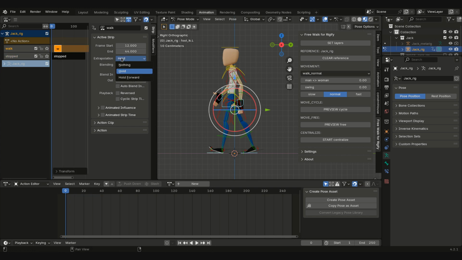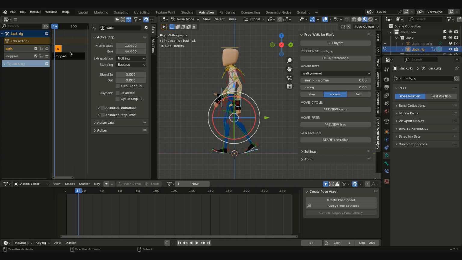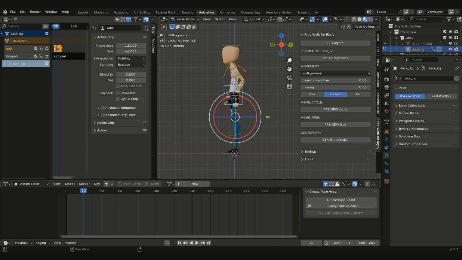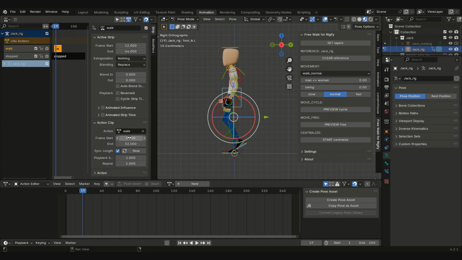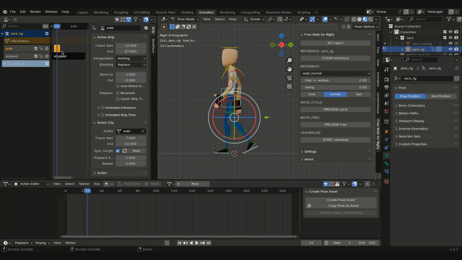Change extrapolation to nothing. Let's advance the frames until the point where the walking support foot is in the same place as the stopped animation. Disabling and enabling the layer can help with this process. In action clip, let's set frame start with 19-12. Set 4 in blend in transition. Let's subtract 1 from the final frame because the last frame is equal to the initial frame, and we want